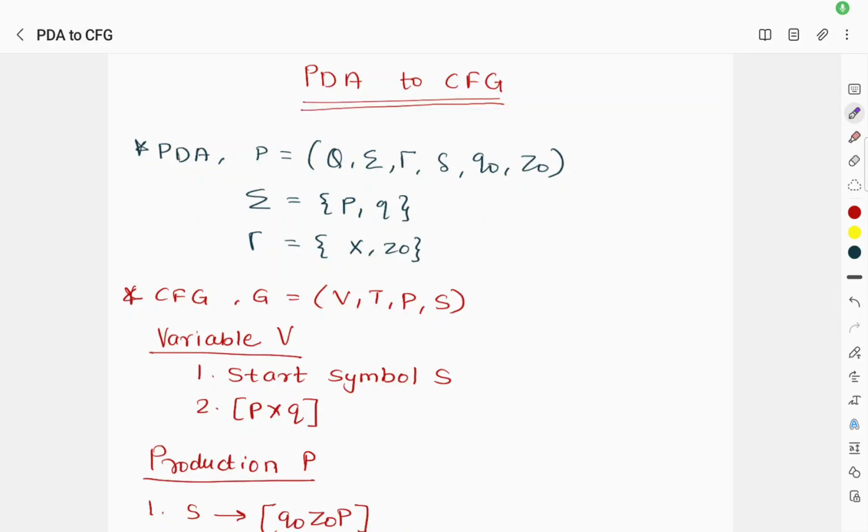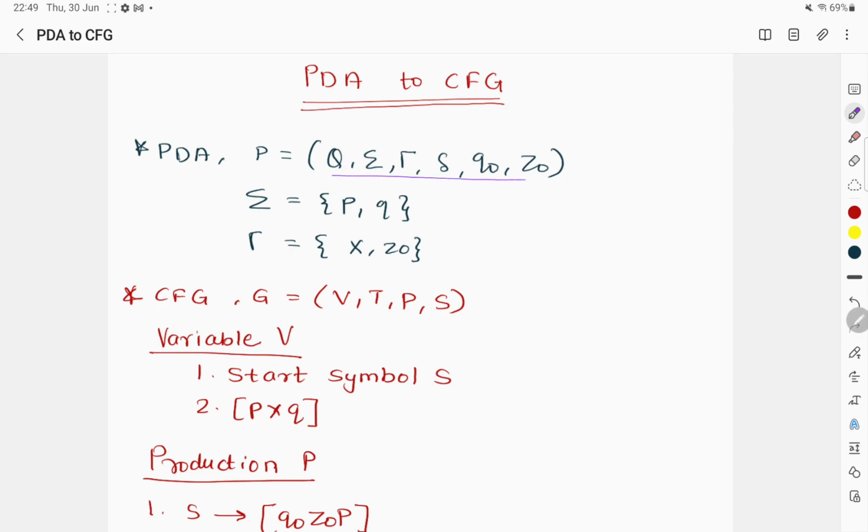Dear students, now we'll start with the topic, that is conversion from PDA to CFG. When I want to convert a given PDA to CFG, I should first understand what are the rules that I'm following for that. Suppose a PDA is given to me, I can write down the PDA tuple definition as the 6 tuples,